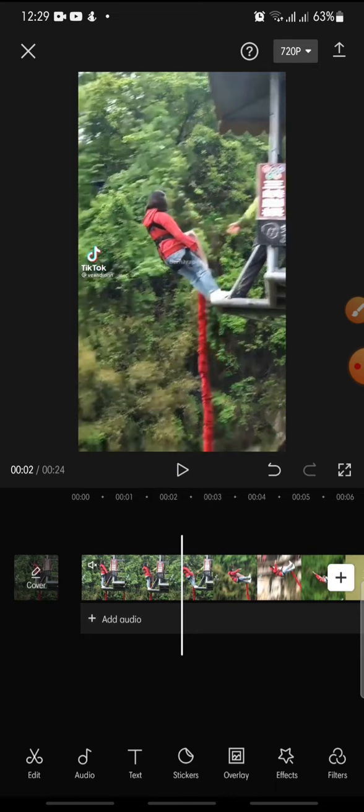In this video, I'm going to show you how to reverse trend on TikTok. Now let's get started. First, after you open your CapCut app and add the video that you want to edit,